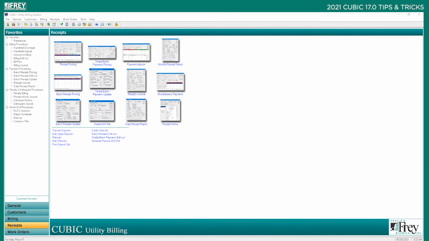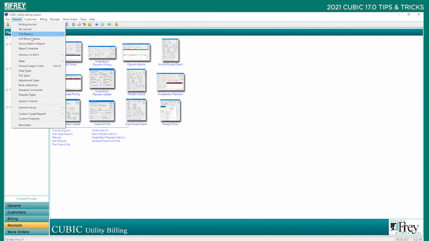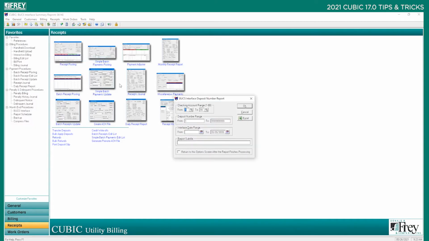For the fifth tip and trick, we're going to talk about a new Bucks interface deposit report. Over here, under General Ledger, dash interface to Bucks, for users that interface to Bucks, we have this new deposit number report. On this new deposit number report here, we can see all the reports that have been interfaced from Cubic to Bucks, just in case there's any kind of question or any other information you'd like to get on one. You can click on here on deposit number report, and in here you can see by checking account range,